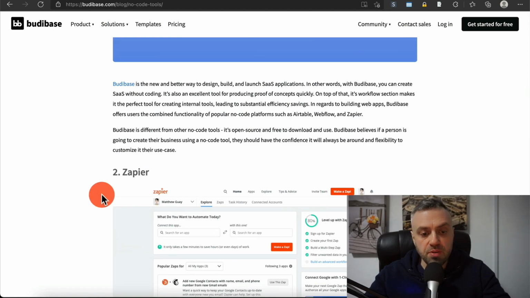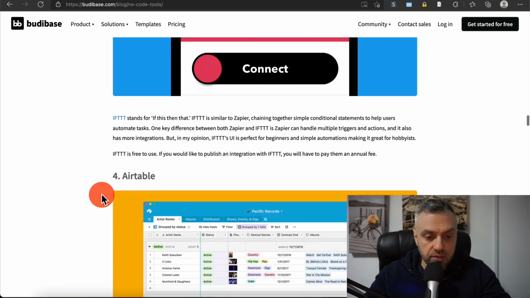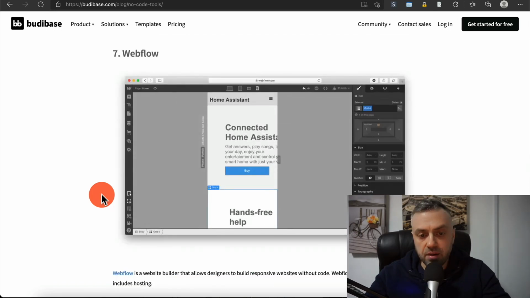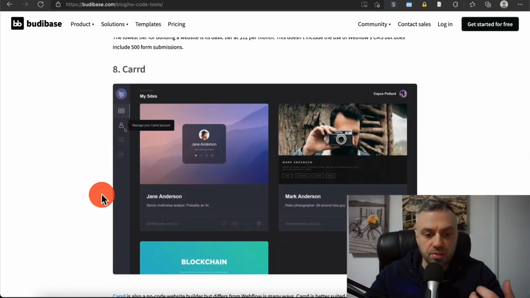We have Zapier, we have IFTTT, Airtable, Typeform, Shopify, Webflow, right? So maybe there's some tools that you're familiar with. Maybe probably most of these tools you're not going to be familiar with, and that's why this is a whole new area, because I've never talked about this before, and that is why I'm so excited about it. You could probably tell. All right, so right now that you have an idea, there's a lot of tools,